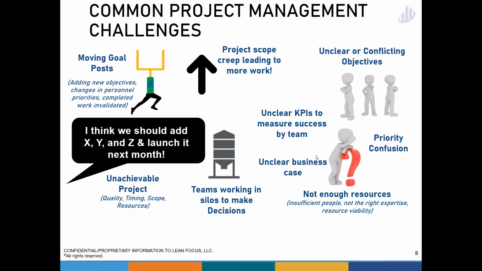Unclear KPIs to measure success by the team. So again, this thought around the scope, around the timing, and around the cost, having real clarity and tracking around those three, and ensuring that we're able to consistently monitor where we're at can really help break through some of those areas. If we don't have a clear business case or priority confusion, and often this comes out, the questions